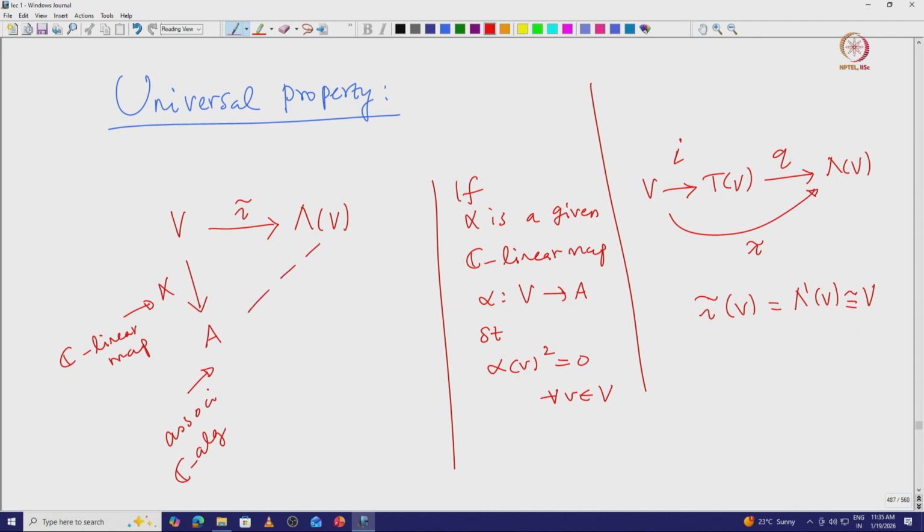We can conclude that there exists a unique alpha bar, which is the extension of alpha, such that